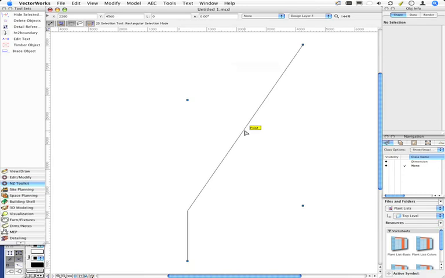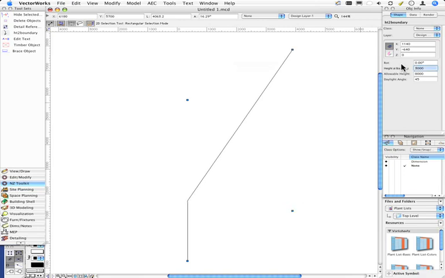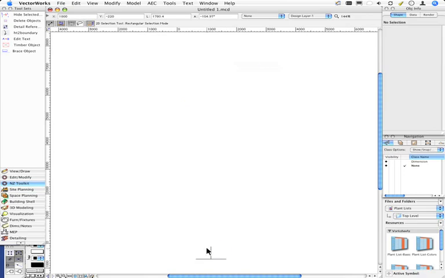VectorScript can be used to make objects like this one, which is a height to boundary object. Inside there's some mathematical code that allows you to change the height at the boundary, change the allowable height, change the daylight angle, change that back to 8 meters, and there's a little bit of code that actually calculates where all the parts should be. It has a 2D part, and it also has a 3D part, which we just looked at, and